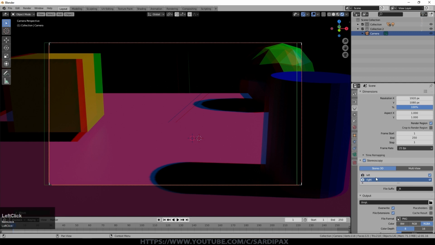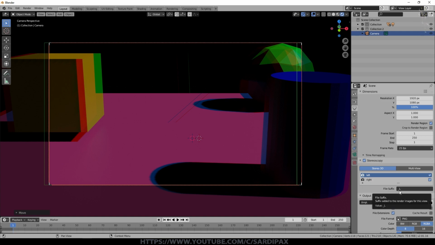Now, by default, it does have the capability to have a left camera and a right camera, and it gives you an option here to indicate what the suffix should be. Part of the reason for that is because you may want to render this out to images, which of course is the recommended way to render animations in order to be able to make changes later on more easily. And what you will in that case want to do is potentially render two separate strings of images, an underscore L1 for example, a left hand image and a right hand image, and that's what that's allowing you to do. But if you wanted to name it something else, you can do that there.